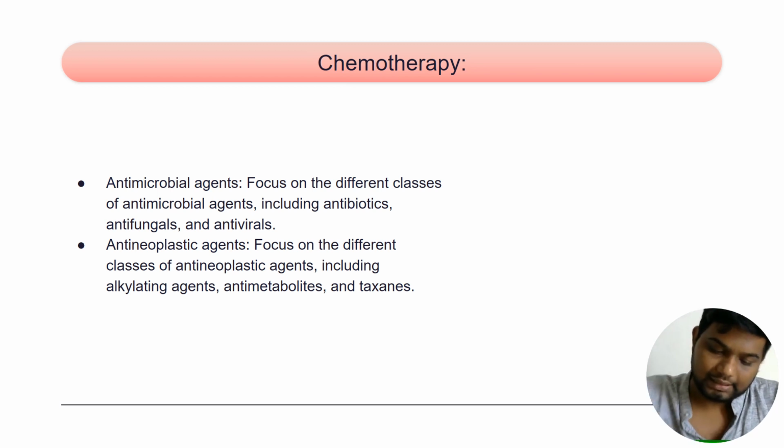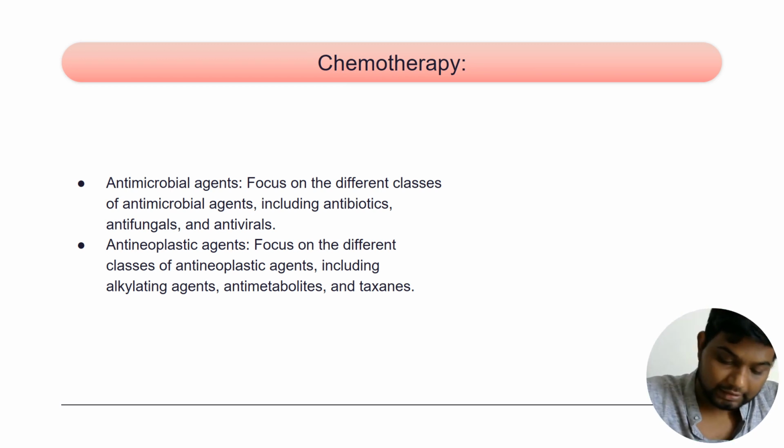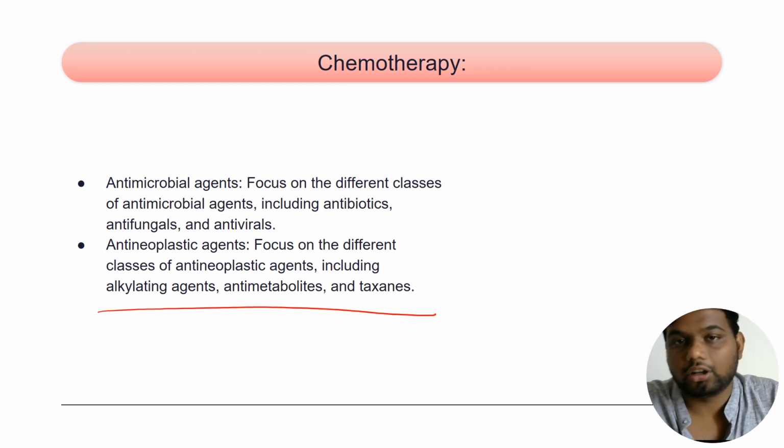Okay, then anti-cancer drugs. Speaking about the anti-cancer drugs, we focus on the antineoplastic agents, including your alkylating agents, antimetabolites, and taxanes, which we have to remember. So these are the main areas. Apart from that, you are going to talk about the autocoids, where you have to talk about histamine and serotonin. And apart from the autocoids, the low yield areas like GIT, only peptic ulcer disease drugs, and